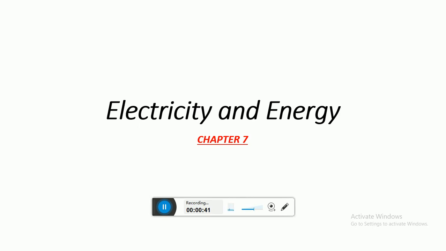Later on we discussed about resistors, and then at last we discussed about how to control the flow of current in different electrical devices. Now today our aim is to discuss about